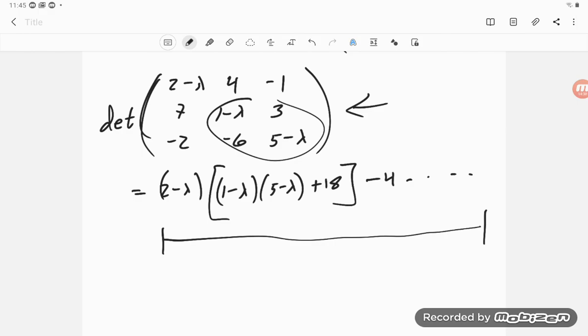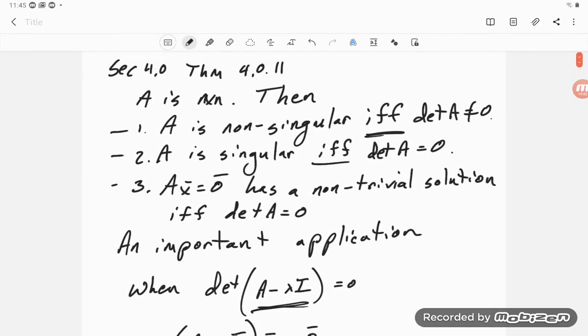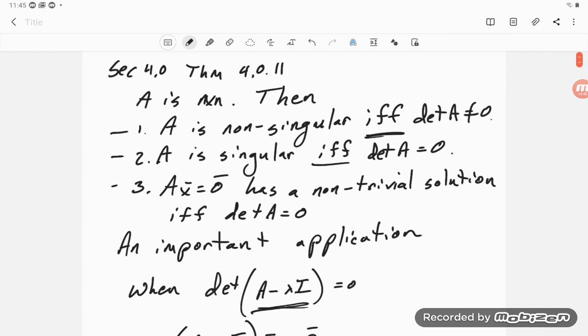Okay, so that is, again, back here to this theorem, 4.0.11, about matrices being singular and determinant 0 and so forth, but also the non-trivial solution. And so this is just one application. They give examples similar to this, but not exactly this. But they give some unknowns and take the determinants,